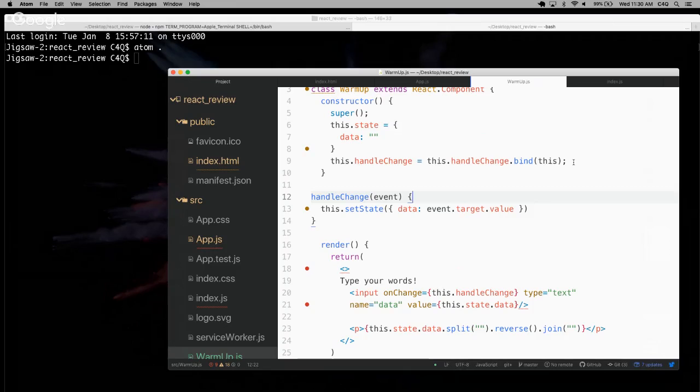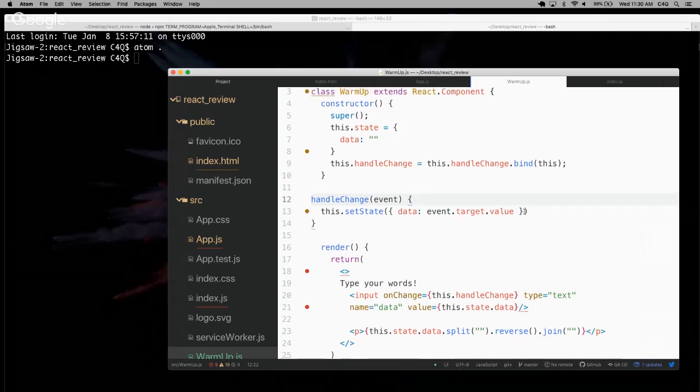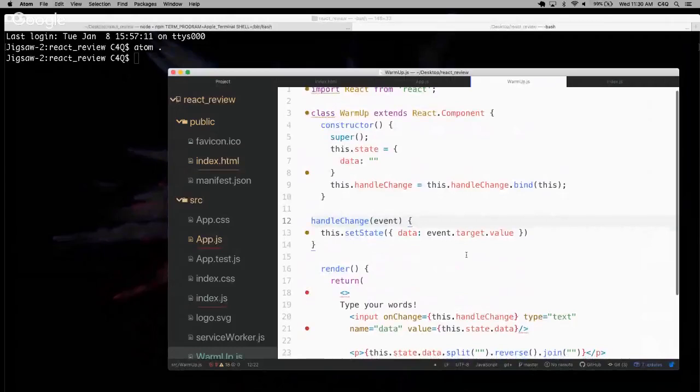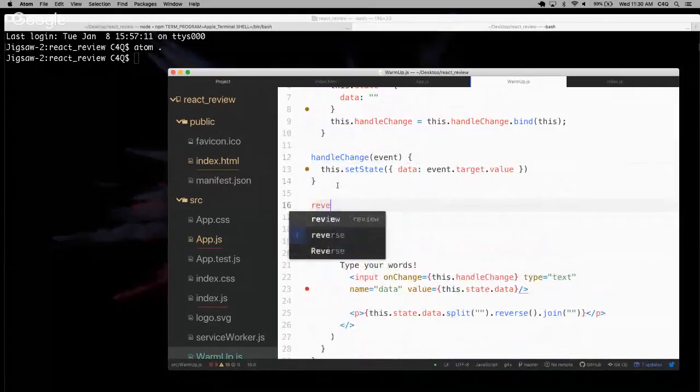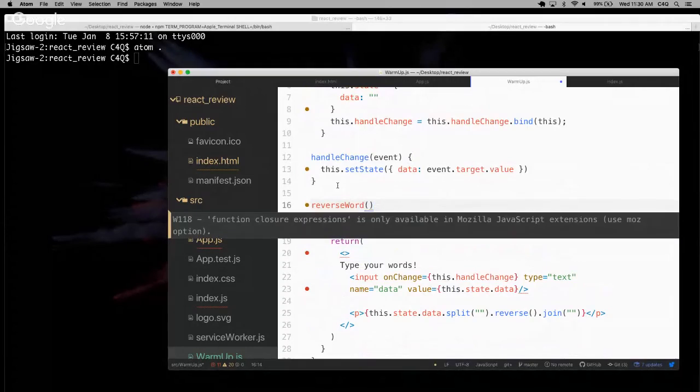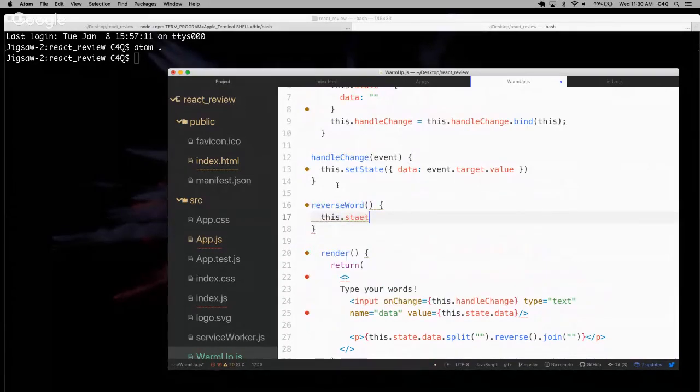Well, yeah, I could also have made this a separate function. I could have even said reverse word, or I could just go this.state.data. I don't know if this is fully answering your question, but